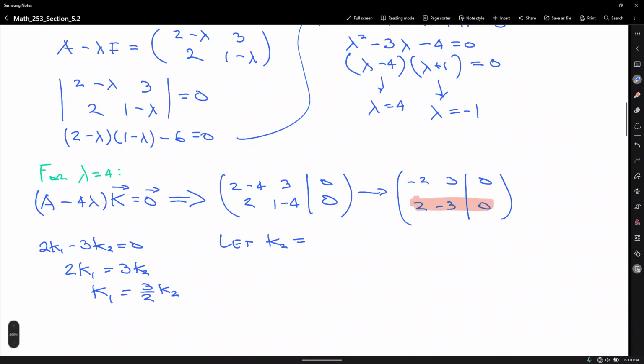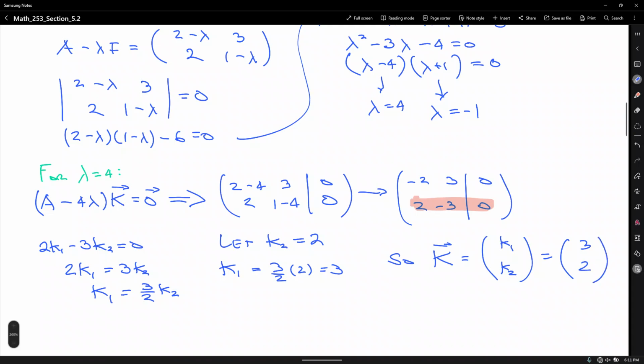Okay, so that is k1 equals 3 halves times 2. That equals 3. So the eigenvector k will be k1, k2 equals 3 and 2. Again, guys, if you want to keep it in fractions, it doesn't matter because, again, these eigenvalues,